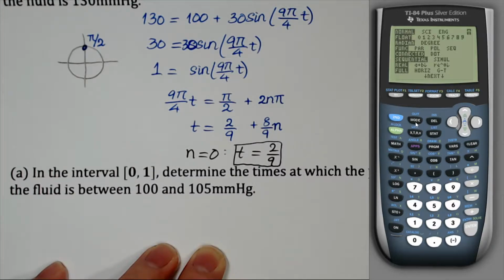Second, in mode, we enter the function 100 plus 30 sine of, we can use alpha y equal to get the fraction, if your calculator can do that. If not, we just